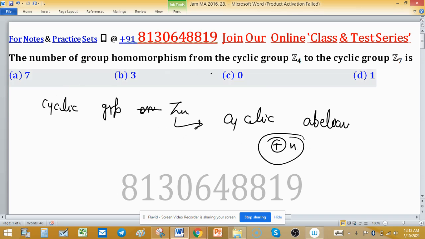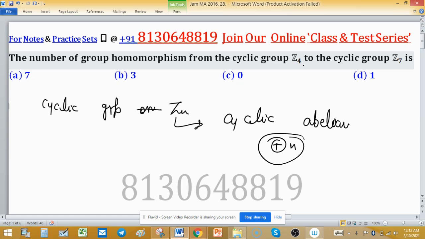Now, suppose this is a function from Z4 to Z7, the number of group homomorphisms can be easily found by